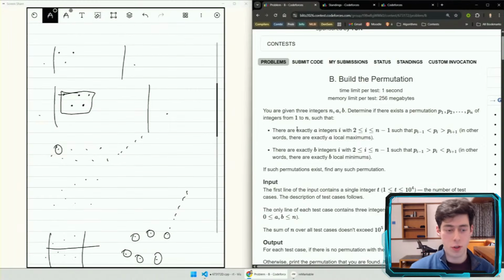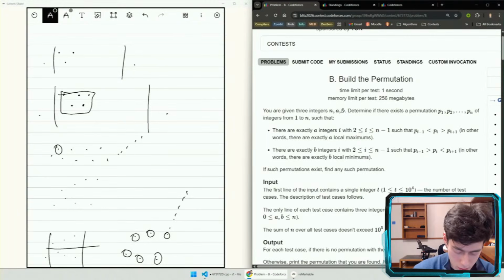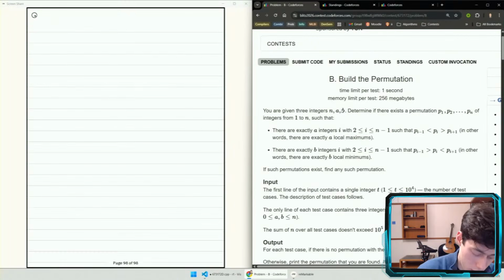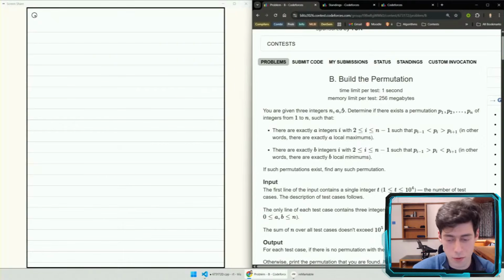But so the problem is you have to find whether there's a permutation of length n with exactly a local maxima and b local minima, where a local maximum is just a value that's strictly bigger than both the values on each side, and the opposite for a local minimum. And so the key idea here is that you have to figure out what constraints you need for this problem, and you realize that